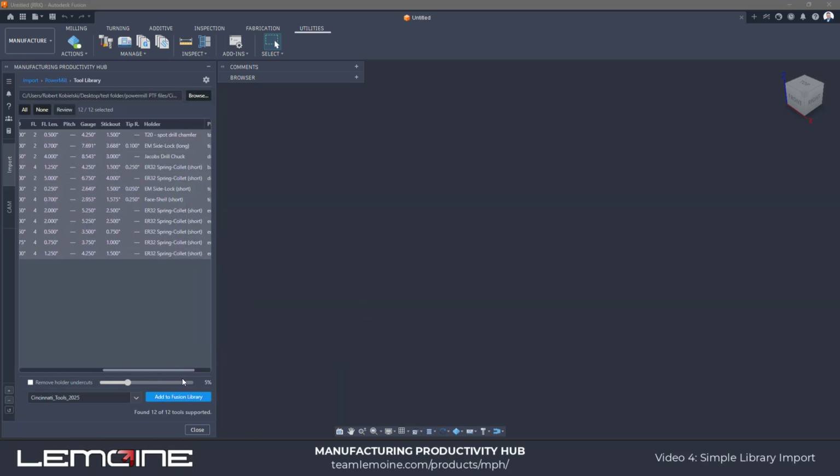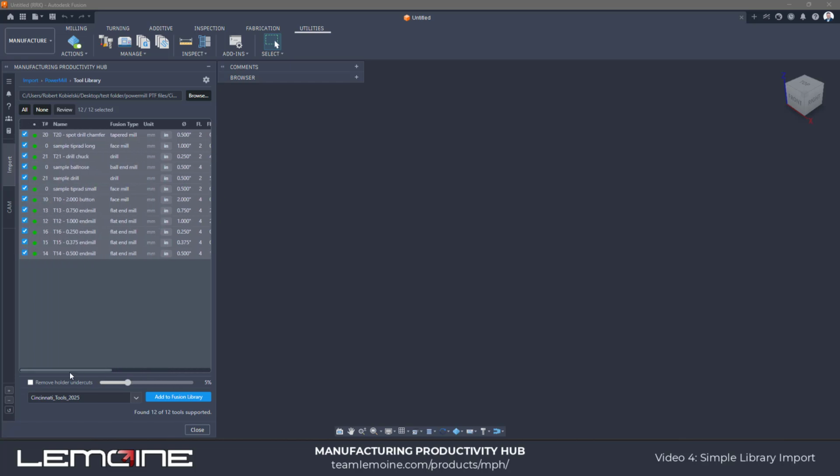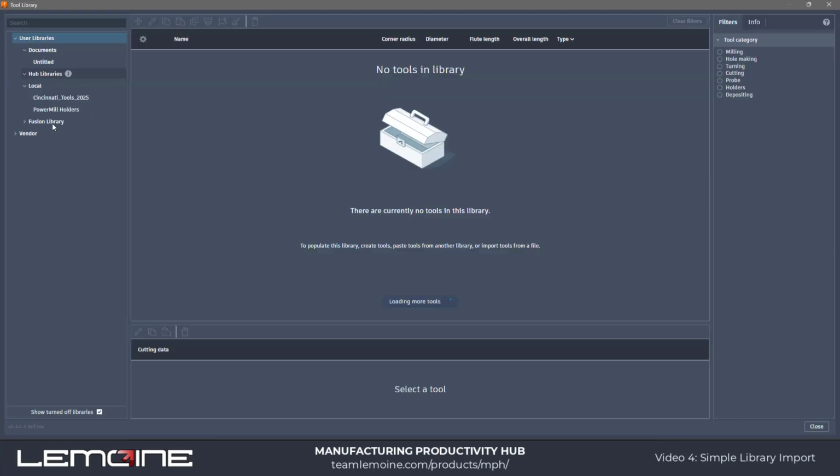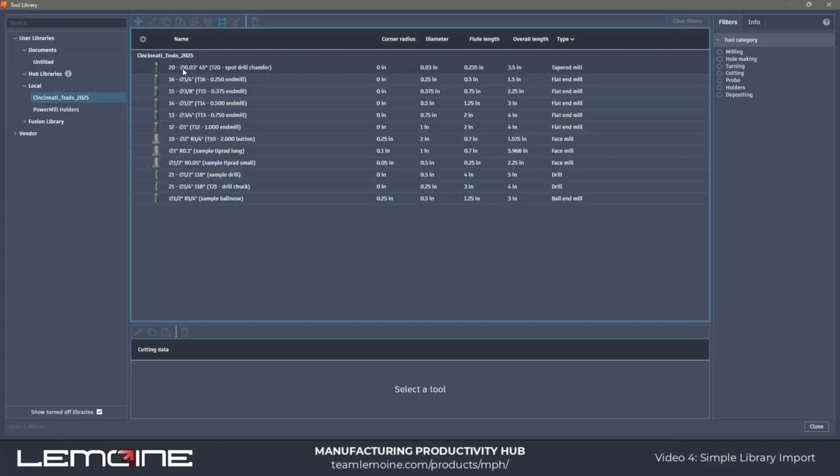Nothing overcomplicated about these tool assemblies. You can certainly scroll to view the information if you like, or widen the palette. And when you're ready to do so, you just simply add this to your library. Navigating to my local database,